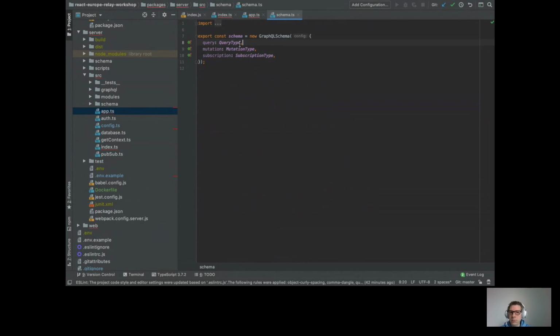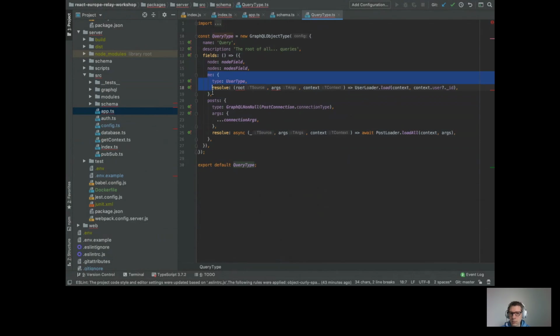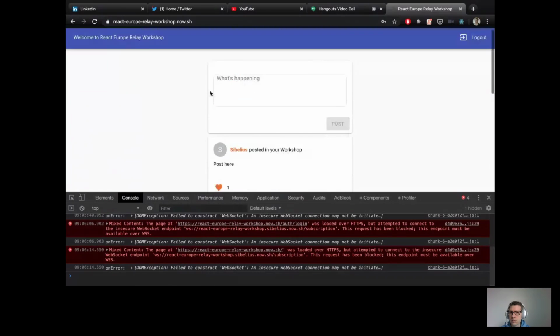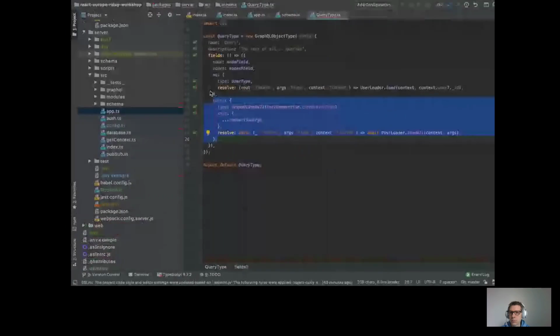We have the query, where you're going to get some data. Mutation is going to modify some data, and with subscription, you're going to watch some events that are going to happen in your GraphQL on your server. So the query we have is very simple. We have the me field, the logged user. We have a list of posts that I'm showing over here. So this is a list of posts of all users.